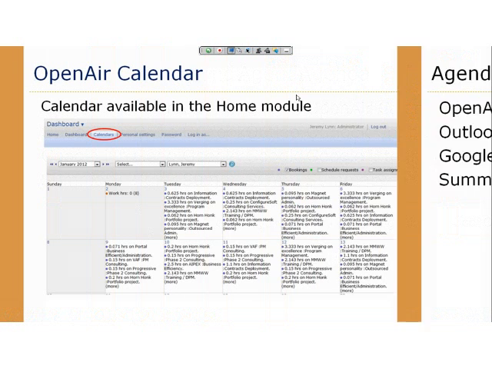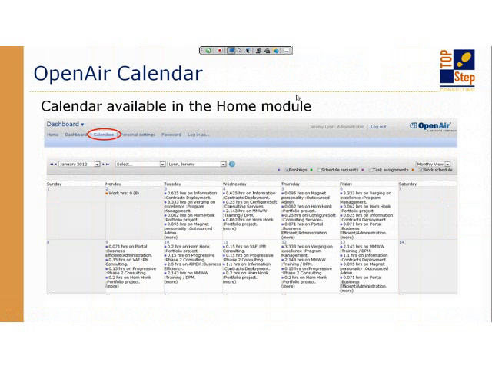So the OpenAir Calendar, it's one of those tabs that shows up in the system. People see it when they first get introduced to OpenAir because the end user training is usually here's how you log in, here's how you change your password, here's where your personal settings are. And people see this calendar tab, but it's really not discussed very much. And so I thought I would take the time in this webinar to show you what features are available in the calendar and what it may be useful for in place of some other things that you're using